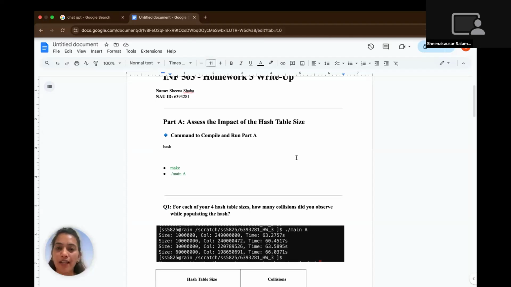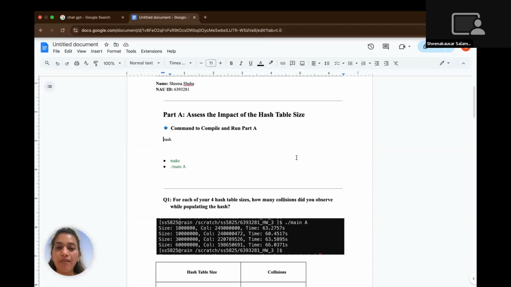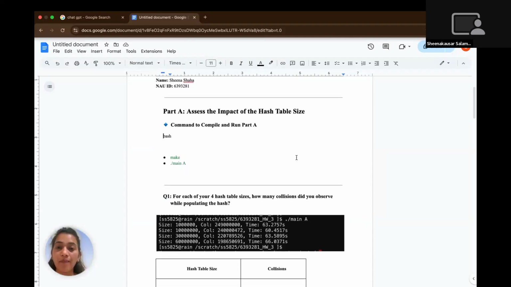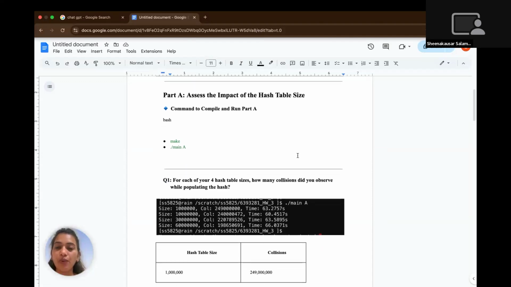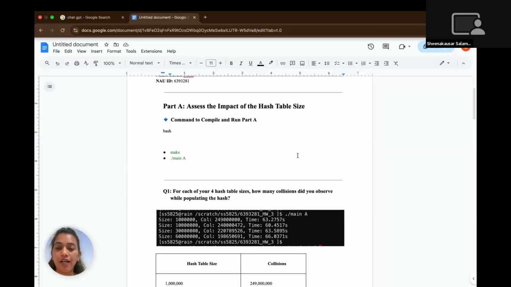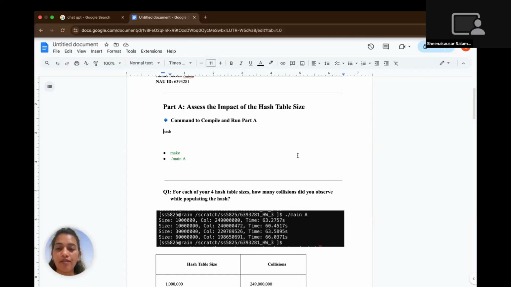For example, at size 1 million, I observed 349 million collisions, while at 60 million, collisions reduced to around 198 million. The insertion time ranged from 60 to 66 seconds across all the sizes. So this shows that a larger hash table spreads entries more evenly, improving performance and reducing chaining.